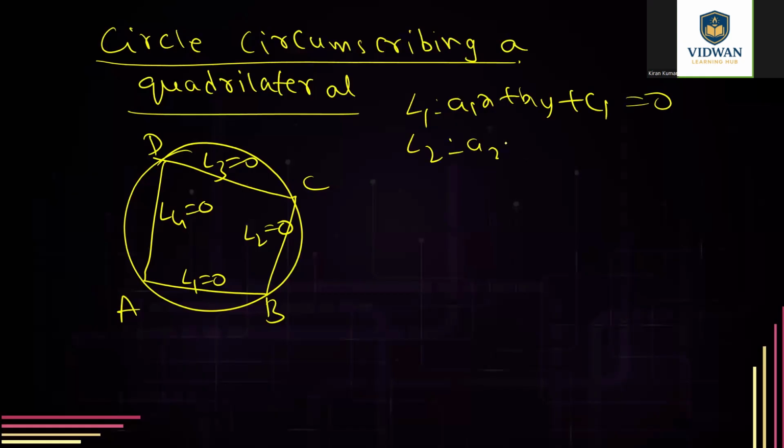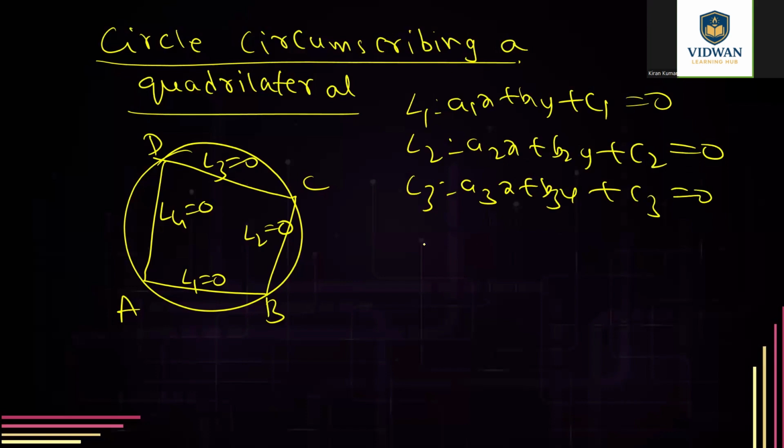L2 has another line, A2x plus B2y plus C2 equal to 0. And L3 has a third line, A3x plus B3y plus C3 equal to 0. And the fourth line, L4, A4x plus B4y plus C4 equal to 0. But anyway, while representing, I'll write only short form, even though I wrote full lines here. So given 4 lines like this, if you want to find out a circle circumscribing the quadrilateral, the method for